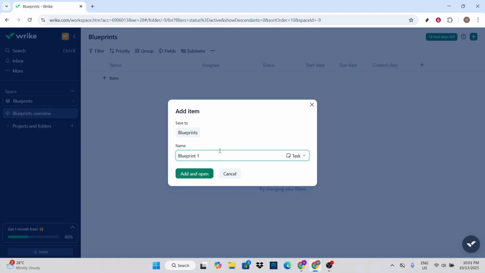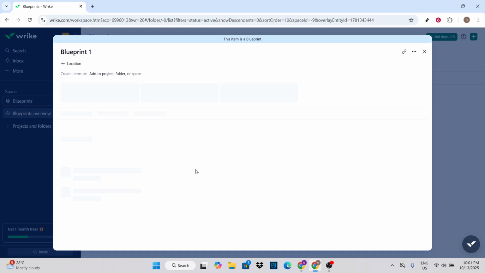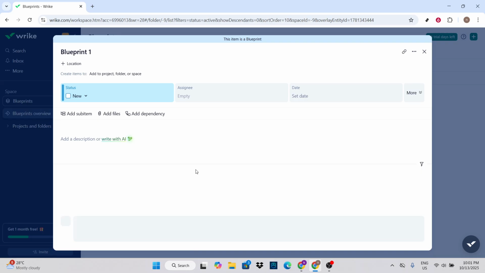Once you've named your new blueprint, it's time to add content. Here's where you define the tasks, set dependencies, and add any pertinent information that's needed for your projects. Tailor the blueprint according to the general structure of work you're aiming to replicate. You can break down projects into smaller tasks, assign due dates, and include critical details that ensure nothing falls through